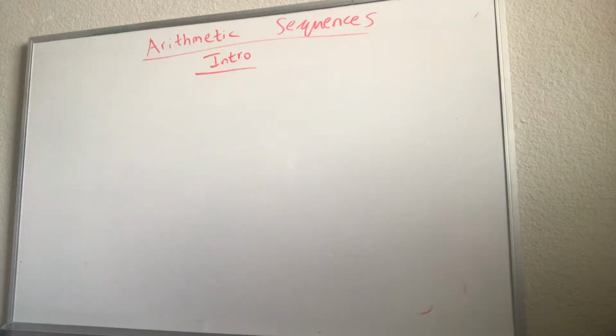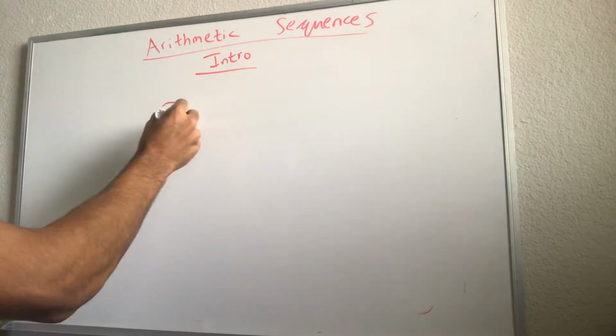This is the introduction to arithmetic sequences, and to start off, just giving the basic definition of an arithmetic sequence. It's really a sequence that's defined to have a constant rate of change, or some type of slope, really. And so when I say there's a constant rate of change, I could give you an example, something like 3,